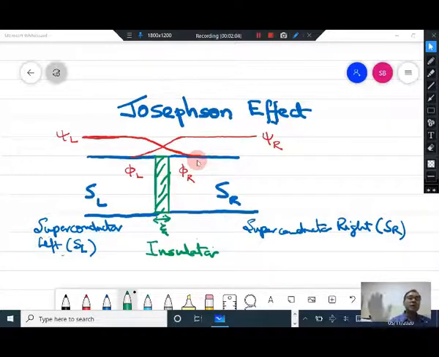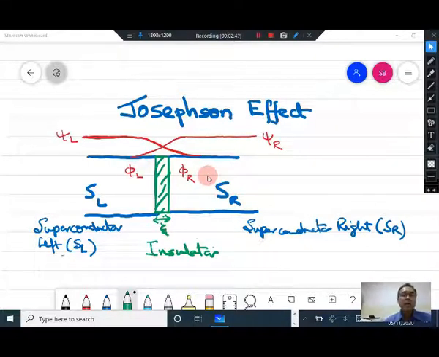So over this coherence length, a little bit of the Cooper pairs will enter into this normal interface region, and a little bit from the left region will penetrate into the right region, and that is what is shown here. A little bit of this wave function has entered the right region from the left side, and a little bit of the wave function from the right region has entered the left region. What we are showing here as phi L and phi R are the phases of this wave function, which are assumed to be spatially independent away from this interface. These are roughly constant away from the interface.